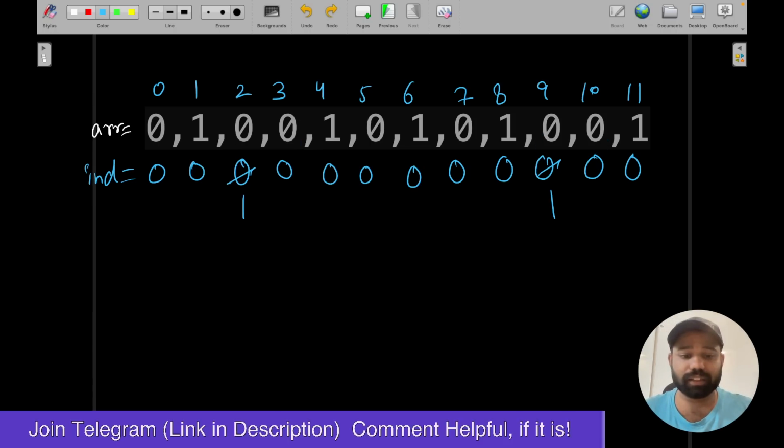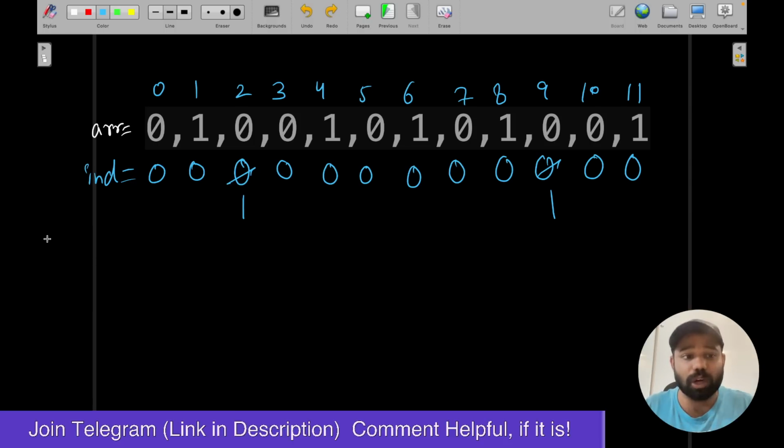Otherwise, if you will see, this much part is alternative. This is also alternative. This is also alternative. And from this part only you will see that you will get your subarray. So one subarray will be formed of size 6, and this will be another. But how? Now when we know which are the indexes where the values were,